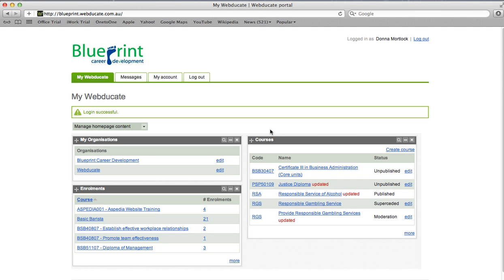Once you've logged in, you'll be taken to what we call a dashboard. The dashboard has several features that are common to all users and some that apply to users that have specific permissions on the system. Commonly, all users have several tabs: the My Webducate, or the standard dashboard, the Messages tab,